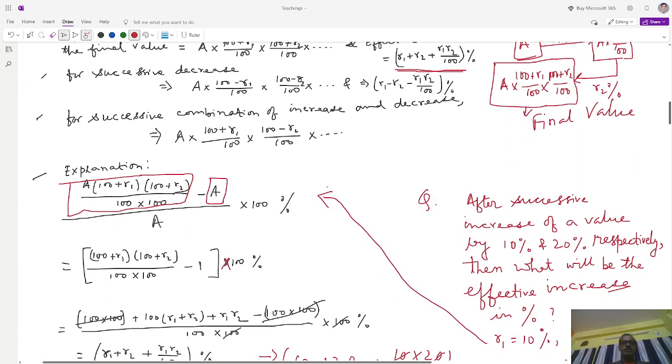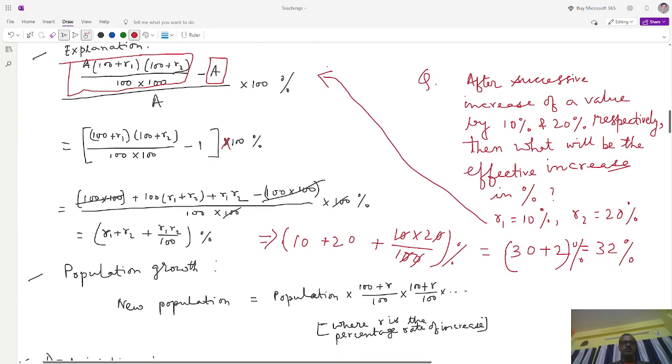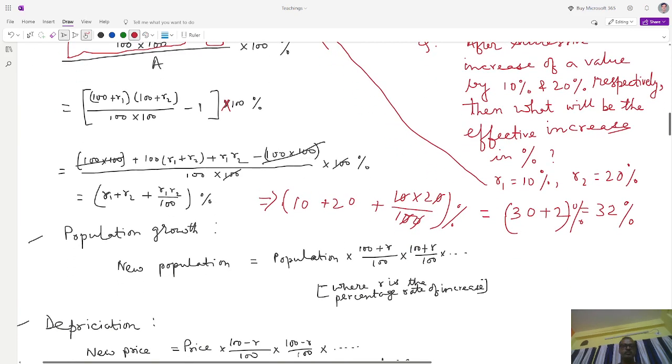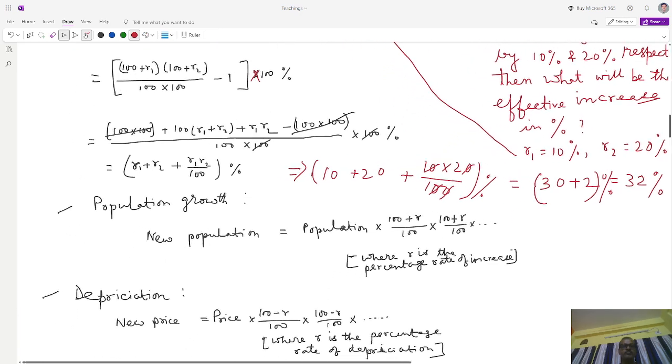This will save your time as well as give you an error free process. Okay. Now